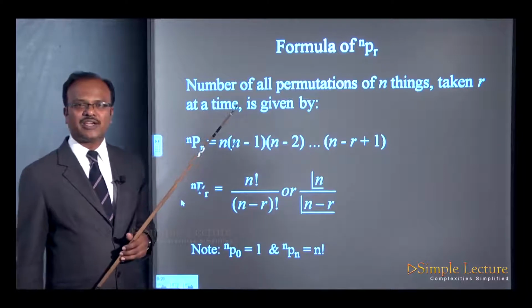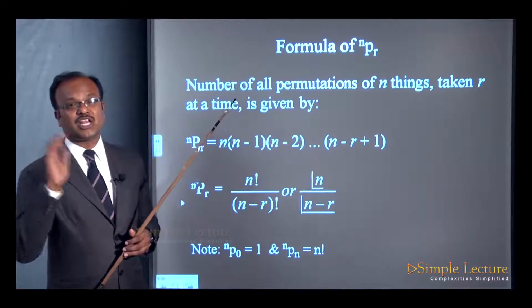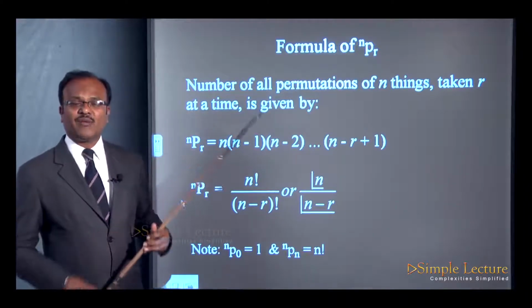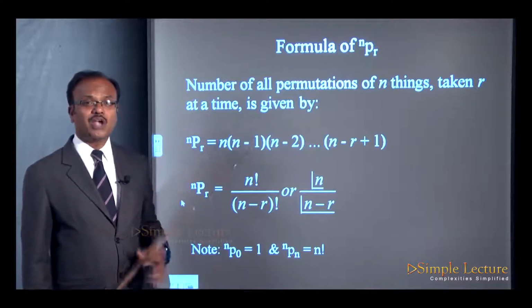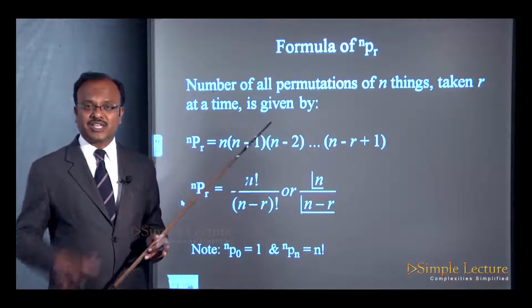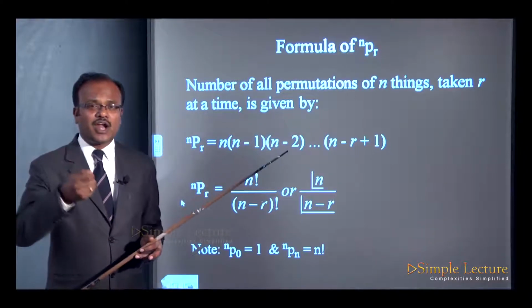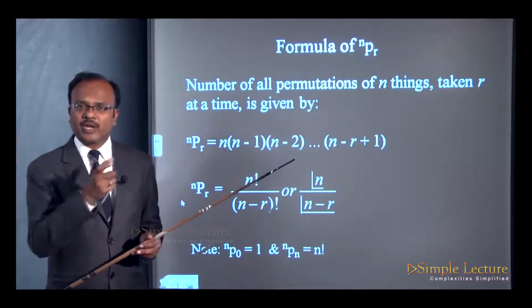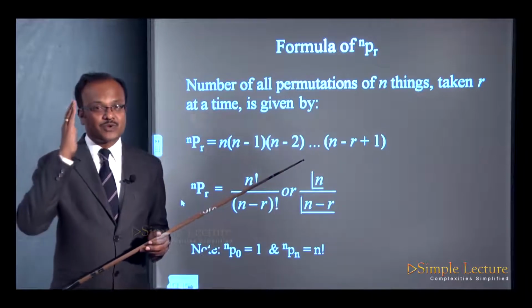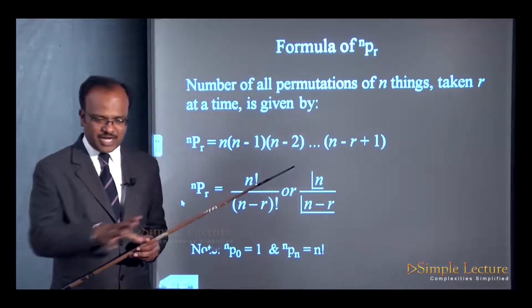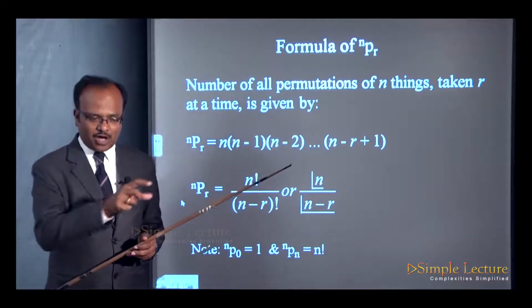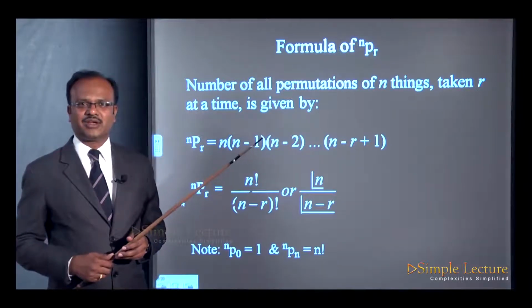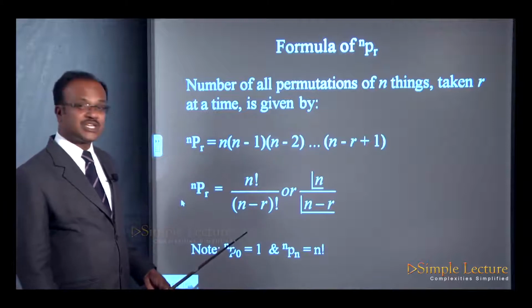So the nPr formula is factorial n divided by factorial n minus r. Now one thing you should note here is the value of nP0. So what is nP0? There are totally n things, and you are not selecting anything out of them. How many arrangements are possible? If you use logic, if all the items are there and you are selecting nothing, that itself will be the arrangement or the order. You can do it in one way, right? That means nP0 is 1.